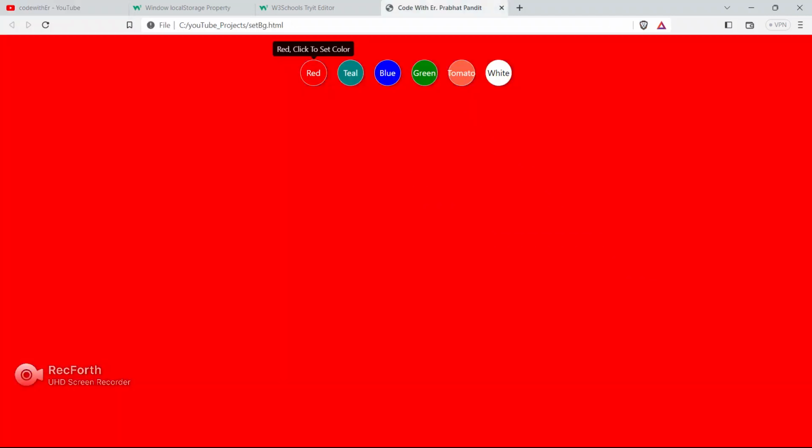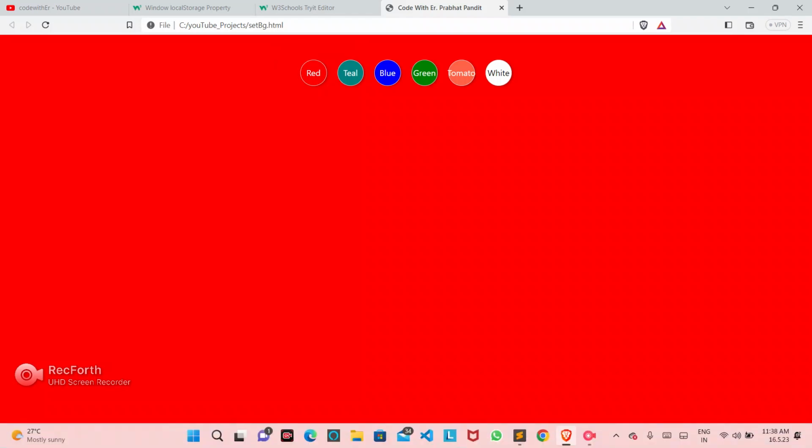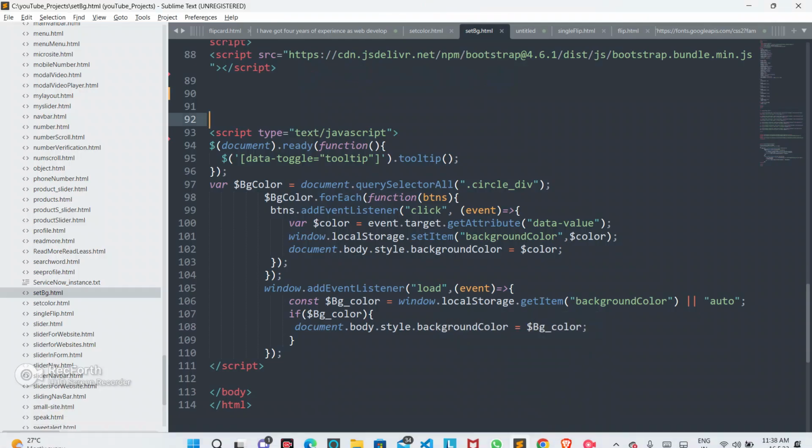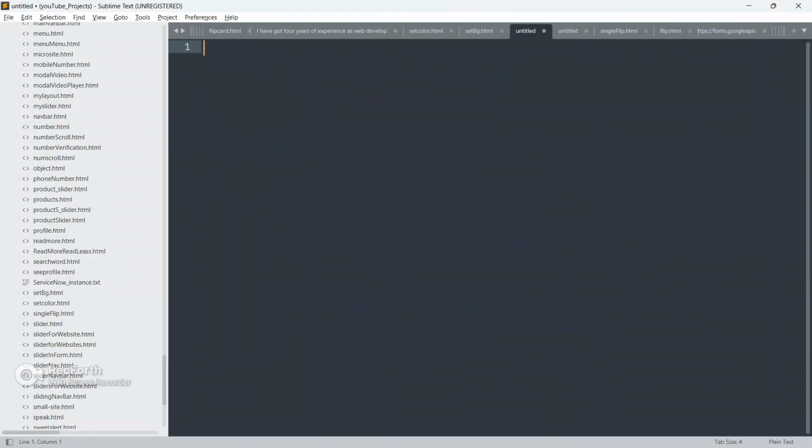Let's get started guys, and let's learn how to make this kind of application using HTML, CSS, JavaScript and local storage. Trust me guys, this will be very easy. Just be there till last, and I will explain each and everything in detail, in depth. So be there and watch the entire video till last. Let me go to the code editor now.